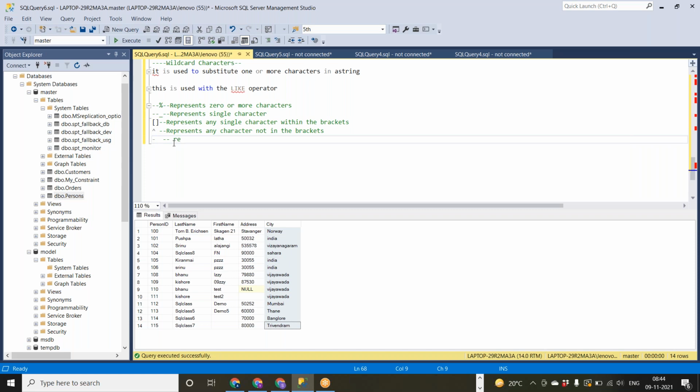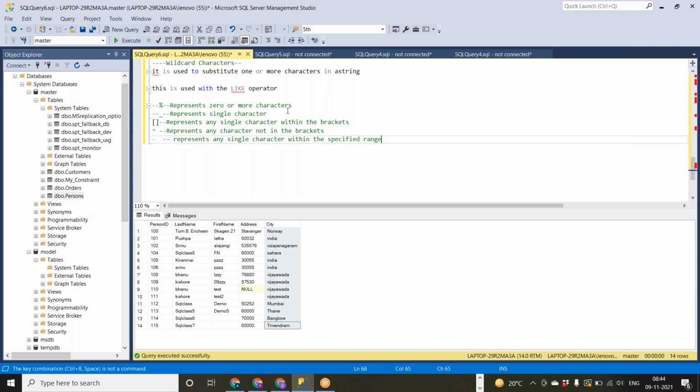It represents any single character within the specified range.